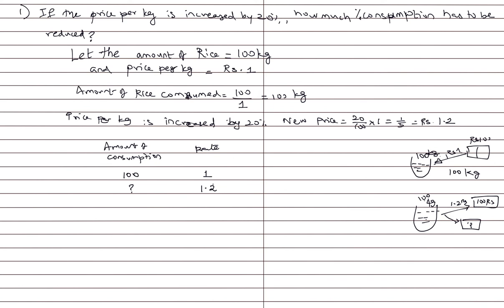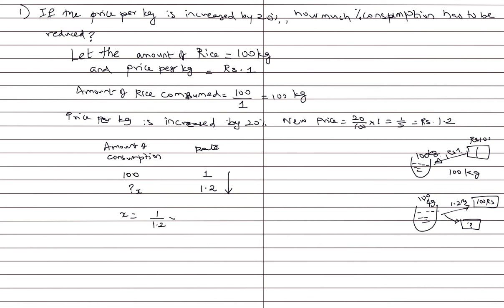Inverse proportion means one quantity is increasing, from 1 to 1.2 it is increasing, whereas the amount of consumption will reduce from 100 kg, it will be reducing. So this is an example of inverse proportion. If it is an inverse proportion, we have to put the arrow mark in the downward direction. So if we want to find the value of this question mark, let's say this is x. So the value of x is equal to, since the arrow mark is downwards, we have to write